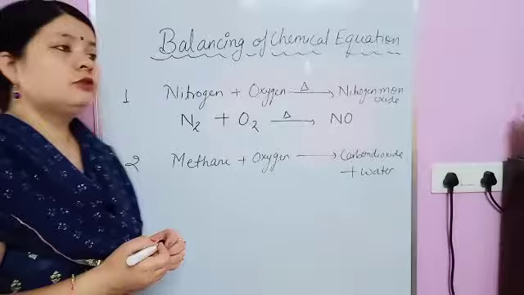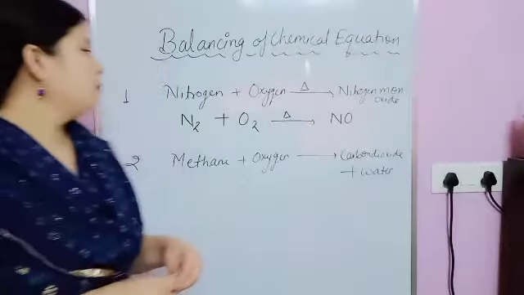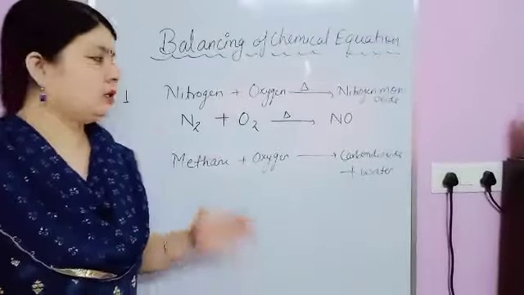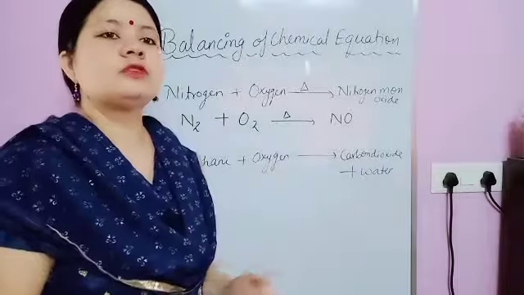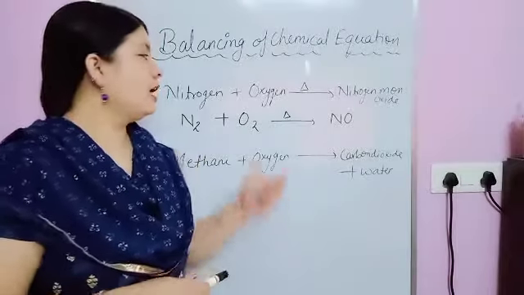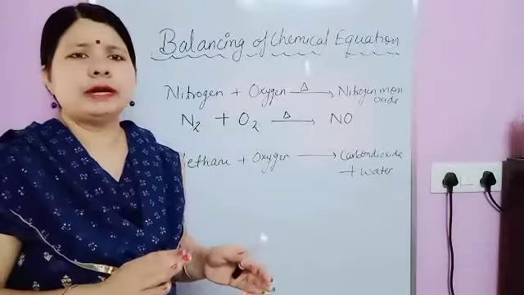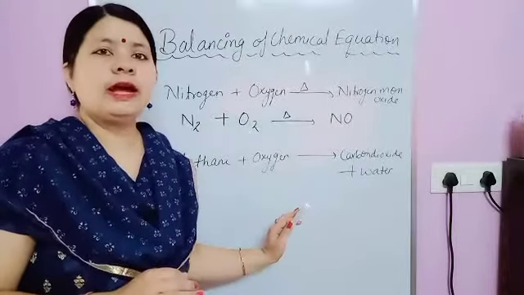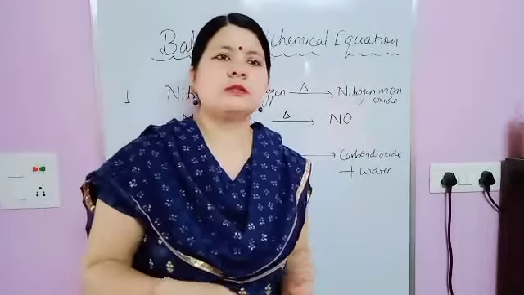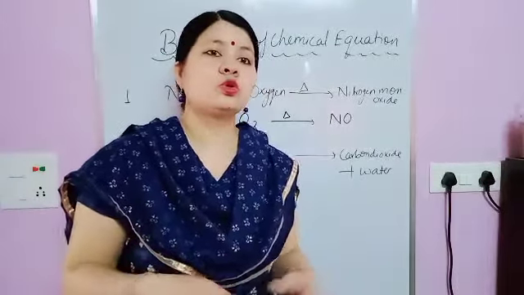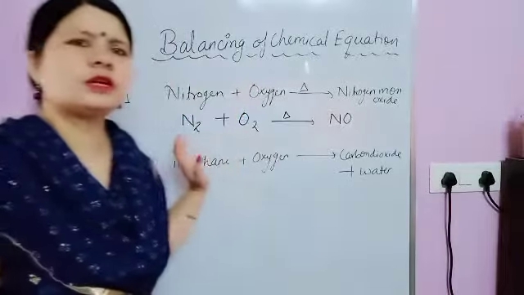Now check, we are doing it step-wise. Your first work is to balance metals. You know metals, but just check, metal is not present, both are non-metals. The second thing is, after metals you have to balance non-metals. After that oxygen, and at last you have to balance hydrogen. That is a simple pattern that I'll explain today. And for those who want to balance difficult equations, I have one trick also. If you want, you can ask, I'll explain that also, otherwise this one is easy.